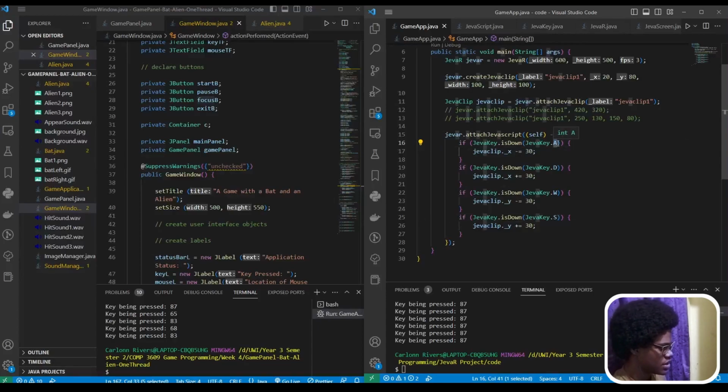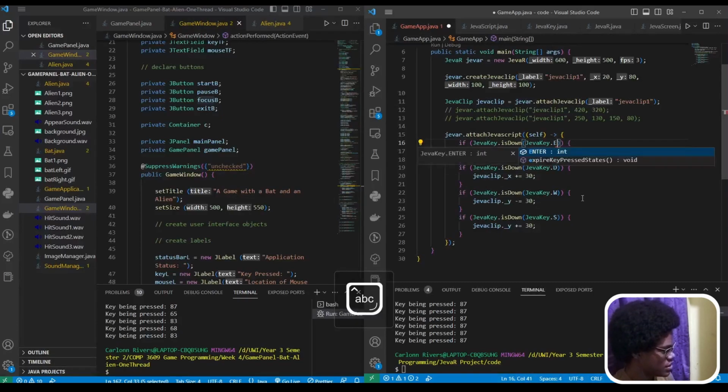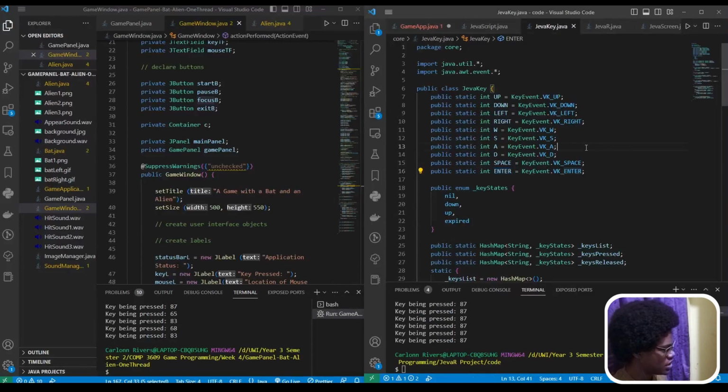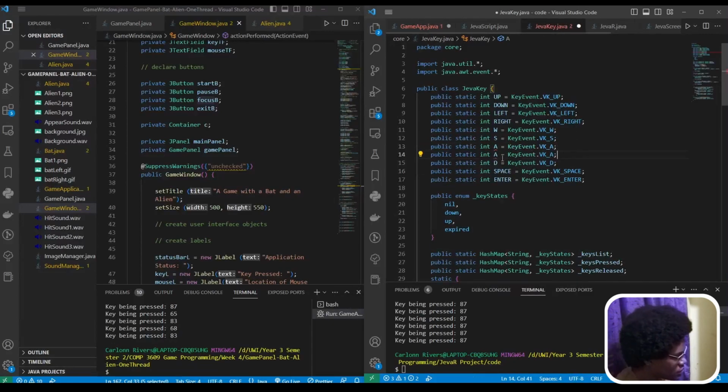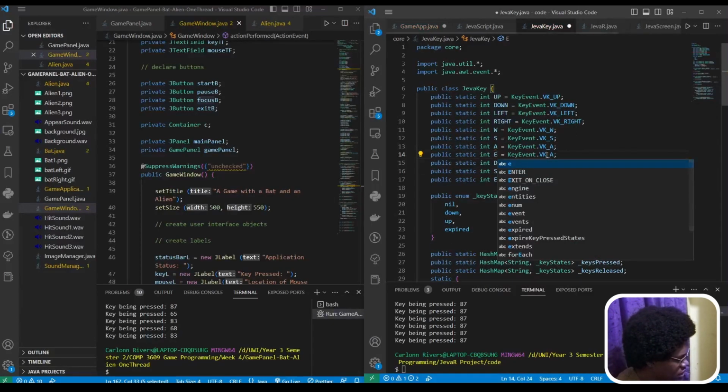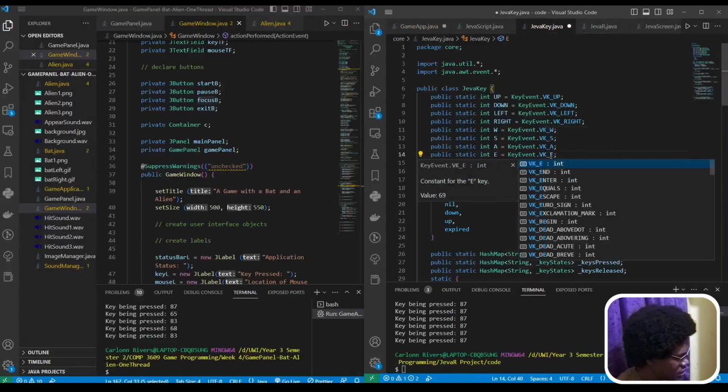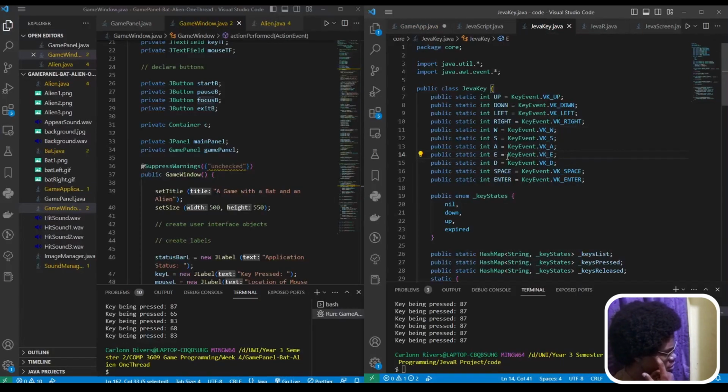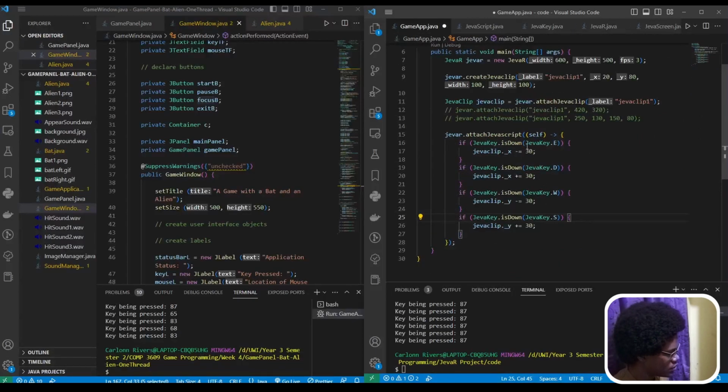Obviously, I did not store a value like E, so you can see that there's no value called E. I'd have to come in JevaKey and say static int E would be the key code for VK_E. I think probably instead of calling those things, I can just use these directly. So